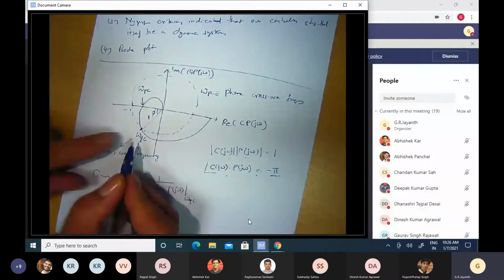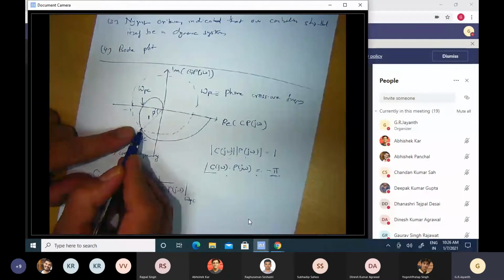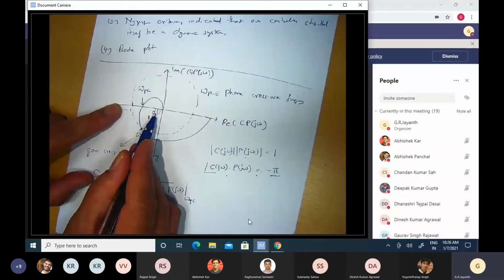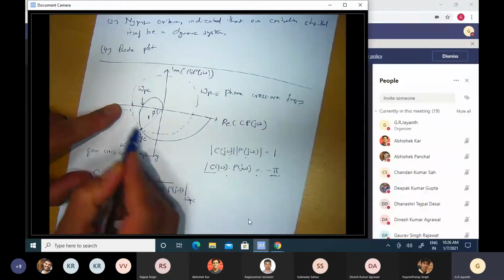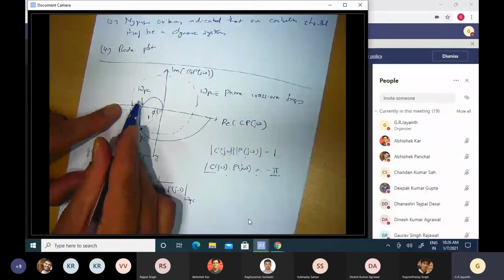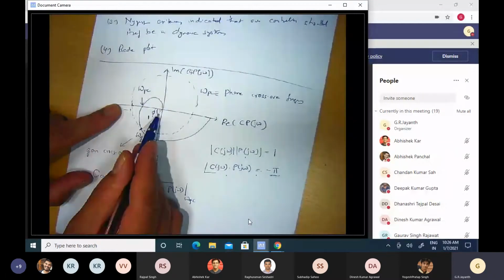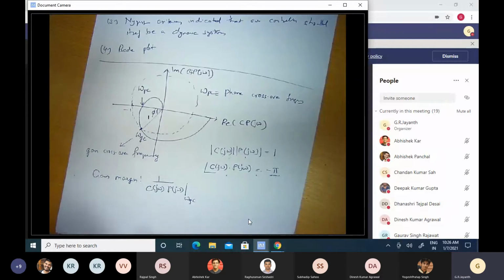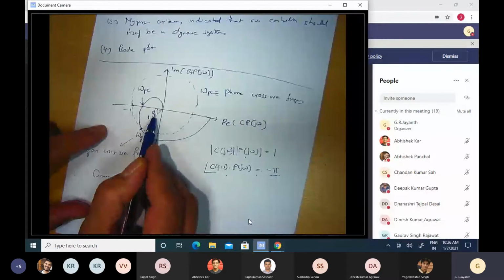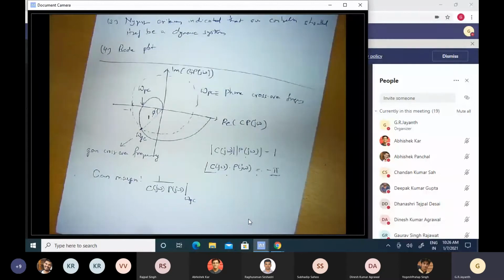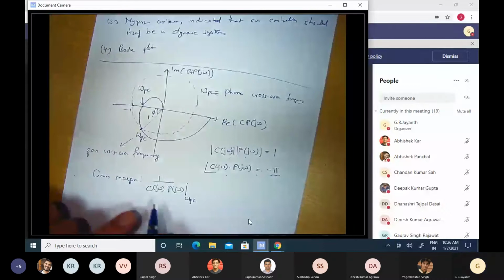So suppose the gain crossover frequency was very close to the critical point, or in other words, if phi was very close to 0, then this Nyquist plot will go very close to the point -1 and then finally come down. So you expect that such a closed loop system, even though it is stable, is not very stable in some sense. It's not going to be as stable as we would like it to be. So the larger this angle phi, the more stable the system is, just as the larger this gain margin, the more stable the system is.